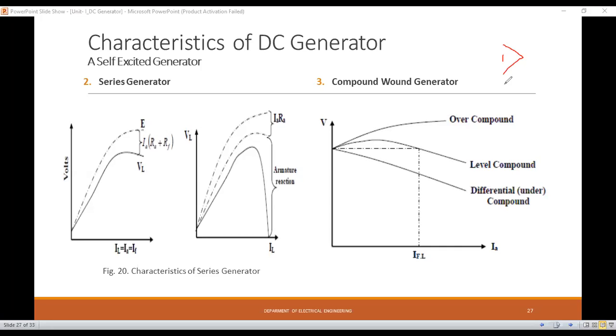काय application ला ते prefer केलं जातं, because it is having a maximum torque, it's a high starting torque, or it may be it is preferred because of its induced EMF, it is having a maximum. Okay, see, in case of compound generator,